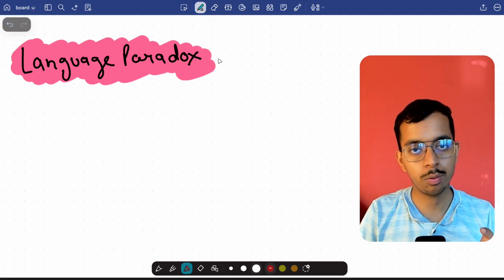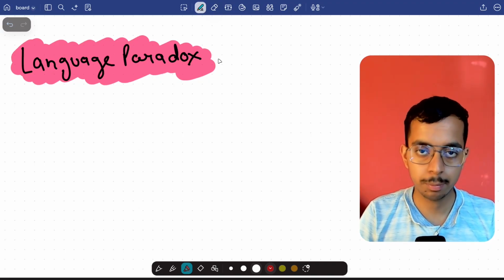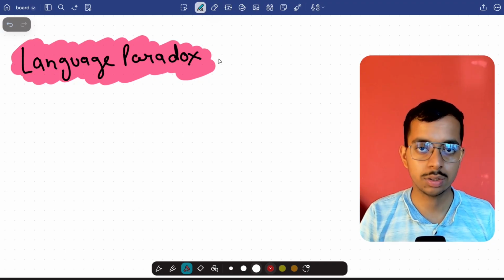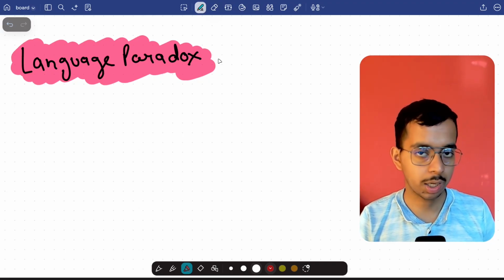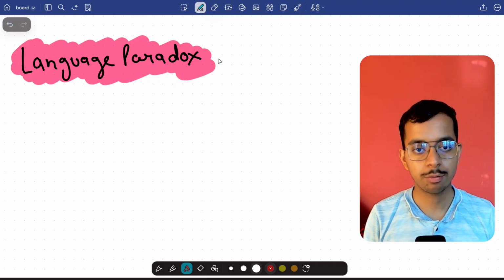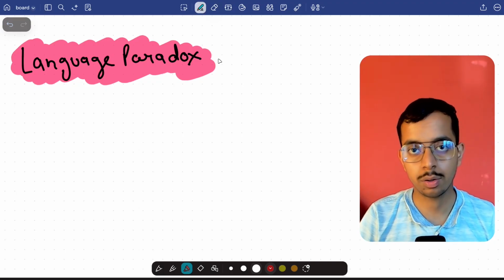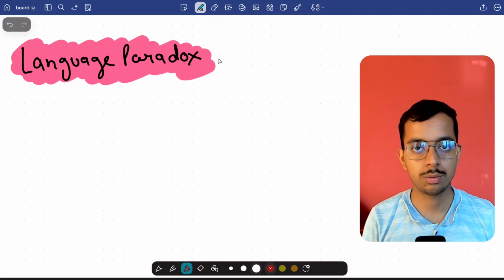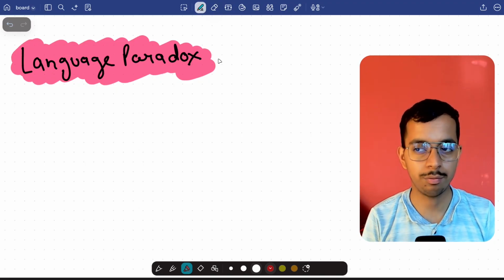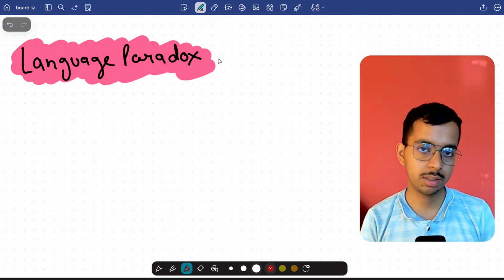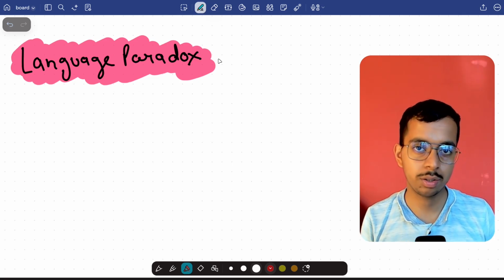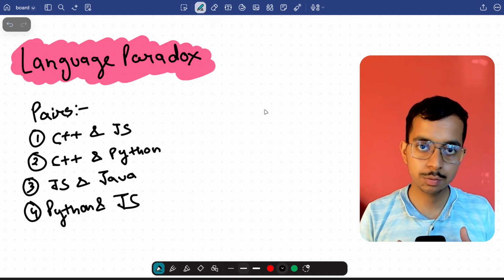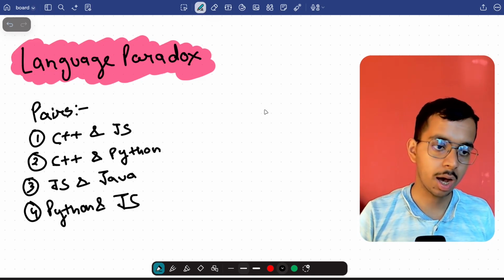That's why I follow a two language methodology, not your conventional single language methodology. They say just choose one language. I don't follow that. I follow a two language learning methodology. You should know two languages at least, and at most also. More than two is not very useful, and knowing less than two, obviously, will not land you anything in the future. The pairs which I recommend you learn are these four pairs.